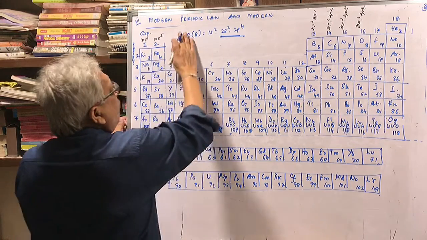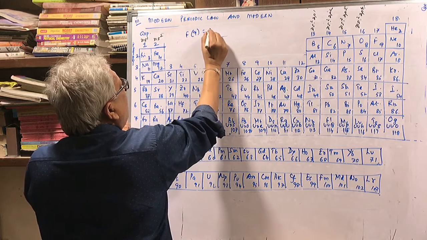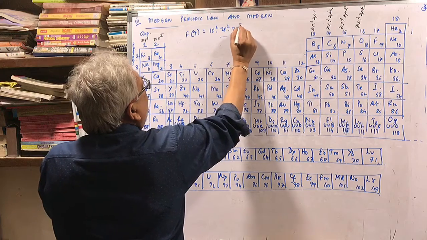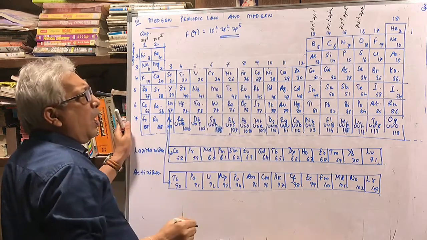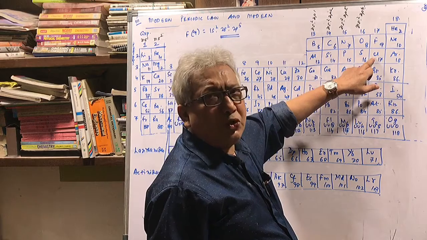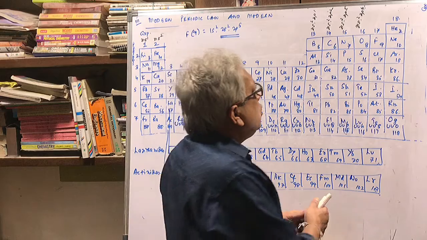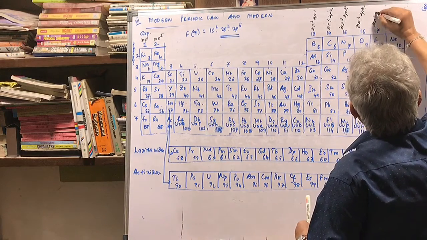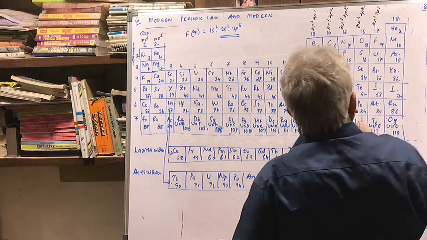Then I go to group 17. If I take the case of fluorine, I think that will be sufficient. Fluorine, atomic number 9. Configuration is 1s2, 2s2, 2p5. Why? 2 plus 2, 4 plus 5, 9 electrons. Outermost configuration is 2s2, 2p5. If you see chlorine, you will notice it will be 3s2, 3p5. Bromine, 4s2, 4p5, 5s2, 5p5. So the common outermost electronic configuration is ns2, np5. Means in the outermost shell there are 7 electrons, 2 in the s subshell, 5 in the p subshell.